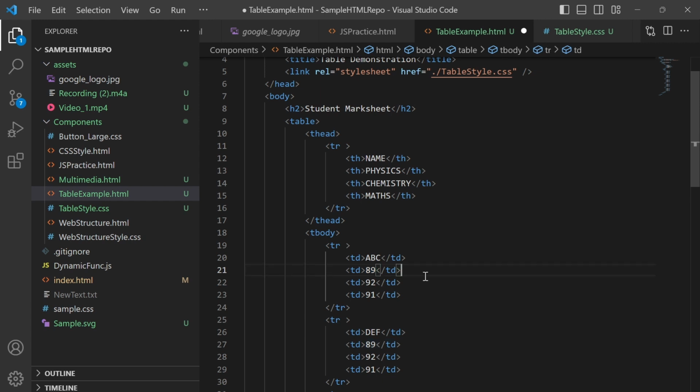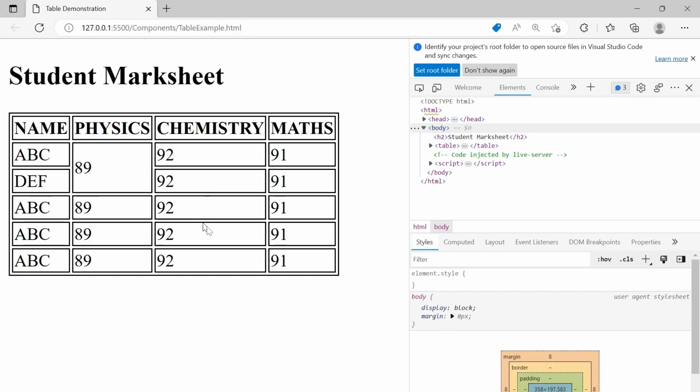So what I will do is put the 89 marks as a cell in the first row. In the second row, I will remove it. And to the one cell which is available in the first row, I will add rowspan, which merges those cells across rows.